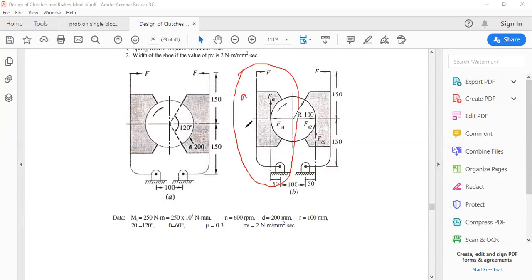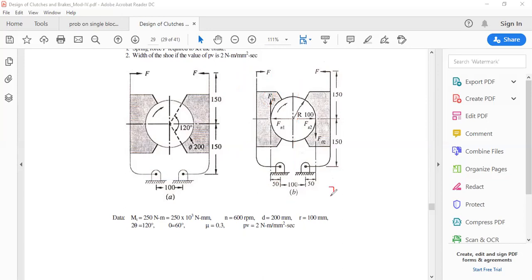So with respect to that, the A value, and this is the B value, and this is the C value, and Ft1 is away from the fulcrum point, and this is rotating in counterclockwise rotation. So by considering figure C of page number 267, you have to get the value of Ft1 in terms of F.